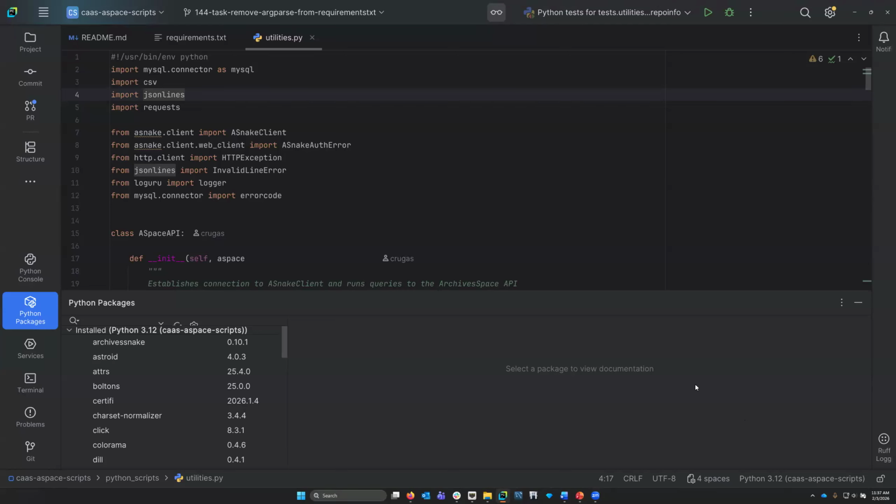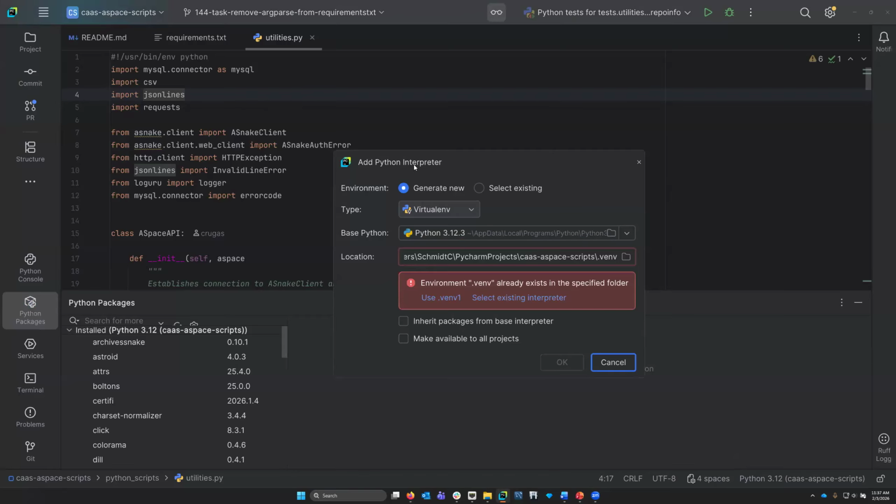UV is supported in PyCharm, and if I wanted to set up something like that, what I could do is go to the bottom right-hand corner of the screen, where it's telling me what Python version I'm using in the virtual environment that is a part of this project. If I click on that, I can click on Add New Interpreter, add local interpreter, and start that process where I add a new Python interpreter. I can choose that type, which defaults to virtual environment, but I could use UV, Poetry, pipenv, Conda, Hatch, right? A lot of different